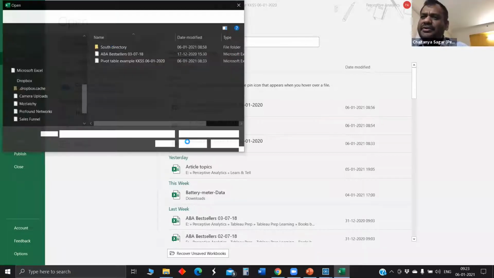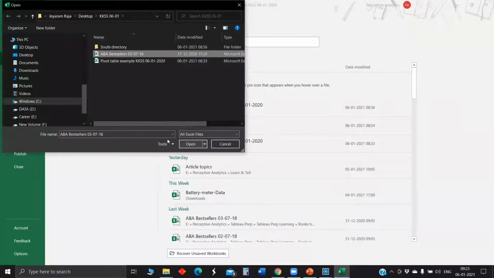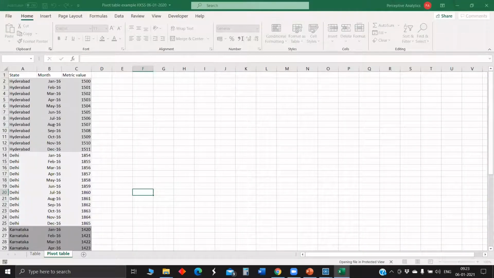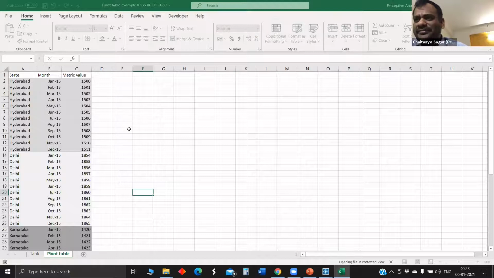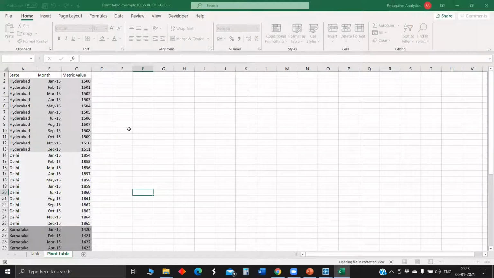Jairam, in Excel, how did you do it? Or did you just do it manually? I did it manually, yeah. I didn't know how to pivot it. I think Swap has a way, right? Yeah, Jairam, can you go to the table page? Table tab, and select all the columns and do an unpivot of it. In Power BI, there's an option called unpivot.